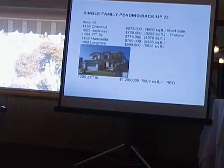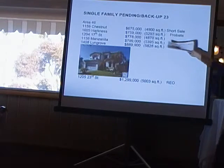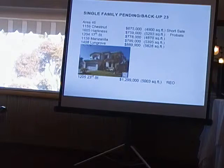23 pending. And add to that 2 that went pending this morning and yesterday. So, short sale. This one just closed 6.709. Huh? I think it was 709. Yeah, I think so too. You're right. Yeah, they're just so 705. Okay. Chestnut was